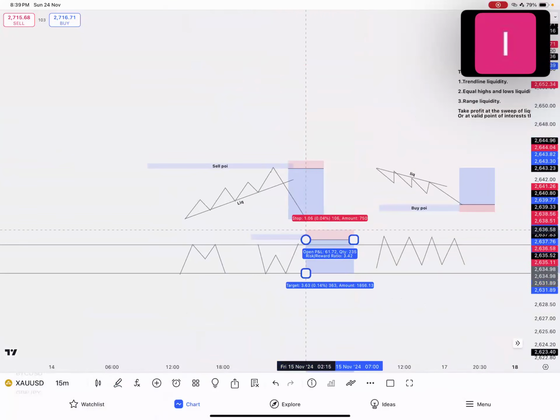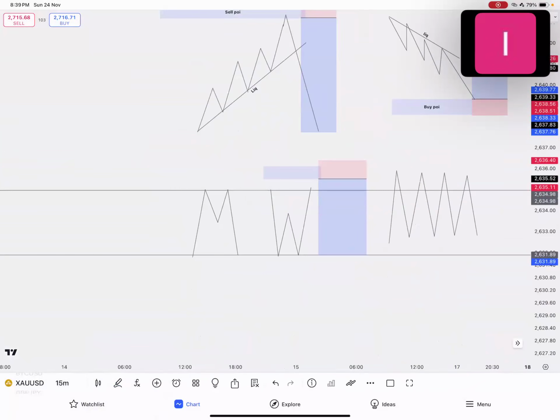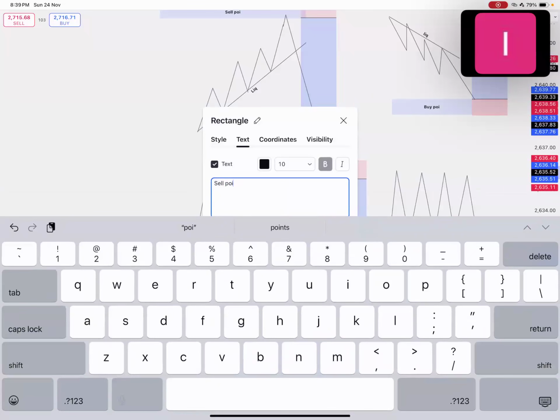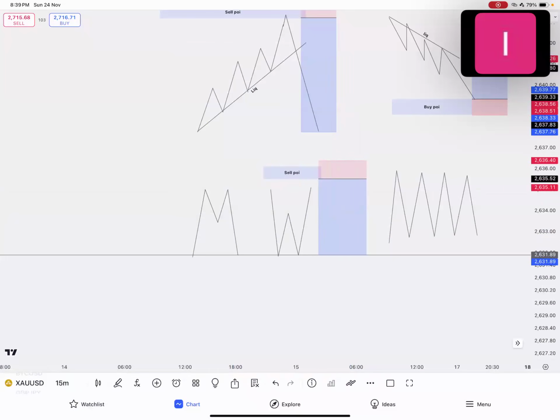They just see patterns on YouTube and then they start trading it and they keep getting stopped out. So if market makes an equal low before approaching your point of interest, it means that markets will eventually come out and take out that equal low. So let's say, for example, your order block is here, or let me just say sell point of interest is right here. If markets should come and trigger your sell point of interest,